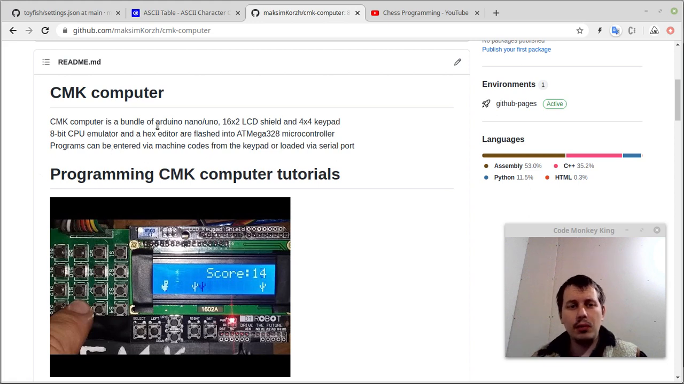So CMK Computer is a bundle of Arduino Nano or Uno. In my case, it's based on Arduino Nano, but you can use Arduino Uno as well. In the online simulation, I'm using the Arduino Uno because that's just the template that is available there. Also, it has the 16x2 LCD shield, D1 Robot, which is the Chinese counterpart of DFRobot, and a 4x4 keys keypad to enter